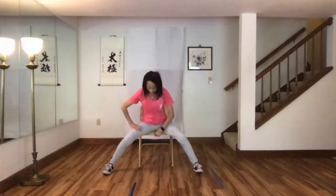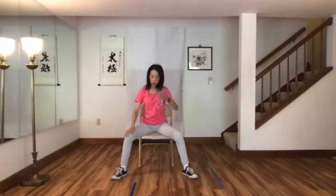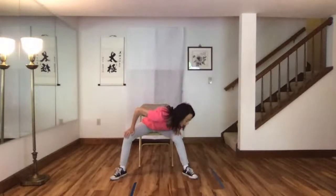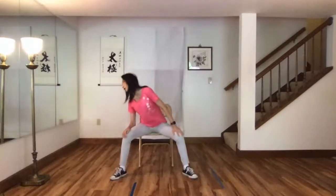Next one, if you're standing, open your legs wide and your hands on your thigh, 4 fingers in the front, the thumb in the back. And we're going to swing our head from right knee to the left and the reverse. And if you're sitting, bring out your feet about 45-degree angle, make sure your knee is behind the heel. And place your hands on your knees and let's all go together and lower your head to the right knee, circle to the left knee, keep circling